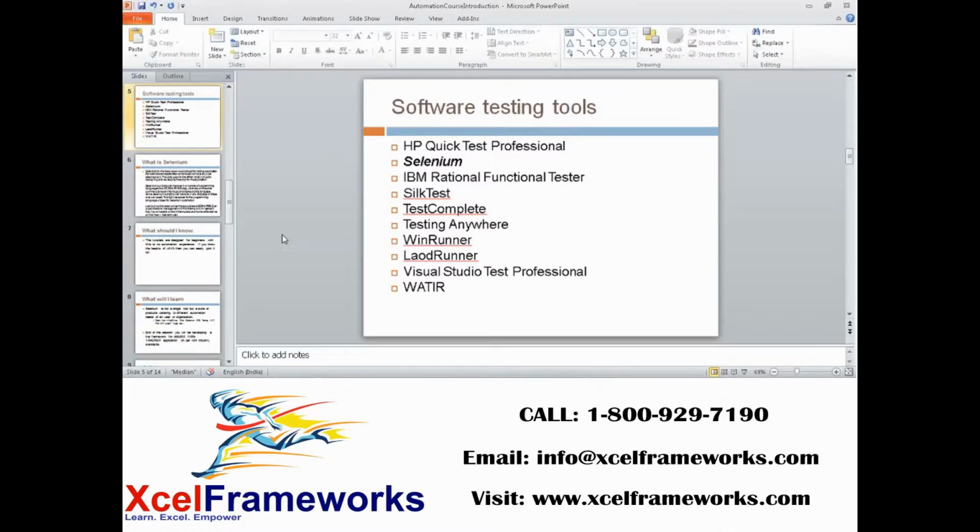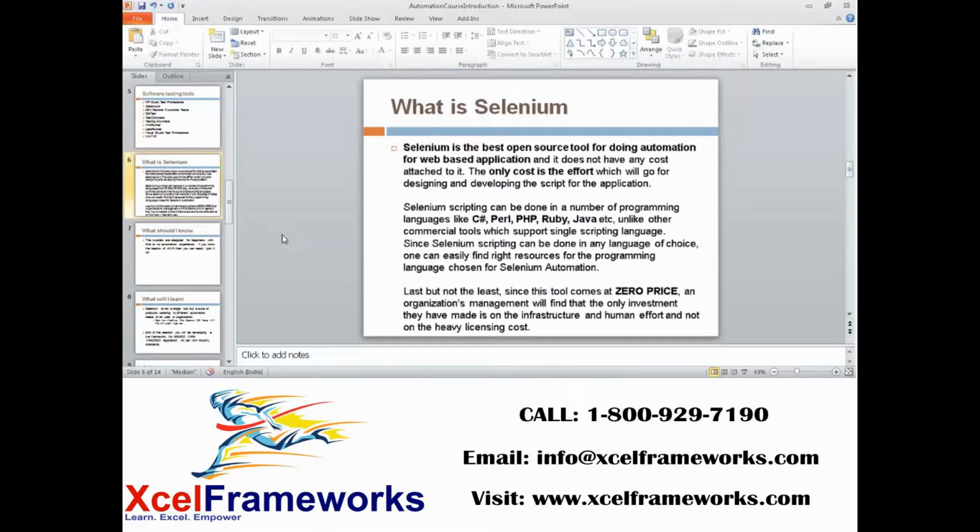Now coming to Selenium, it is a very popular open source tool to automate any kind of web application. When I say open source, it's totally free, which means you don't have to pay anything. We just need to download it from their site and start working on it. It's pretty easy. Think about companies investing in automation: for them there is zero cost, not even for maintenance.